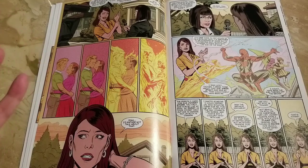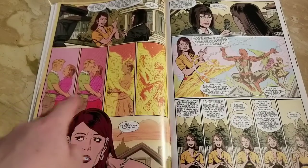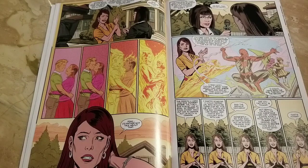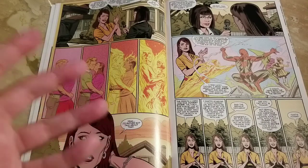scared when she was in a relationship, because he didn't have a secret identity. Everybody knew that the Human Torch was Johnny Storm, and she replied, yeah, that she would have nightmares all the time. These are, I guess, the depictions of her nightmares, and then she just says she doesn't want to talk about it. And the reporter asks her if that must have been very difficult, and I think it's really cool